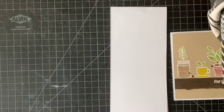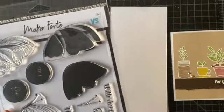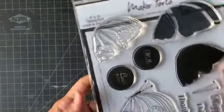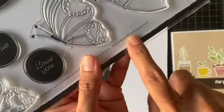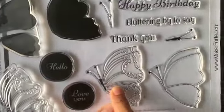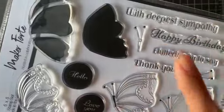The next stamp set is another fun one. I have 3 stamp sets and 3 stencils in this release. The second stamp set is called Build a Butterfly with Sentiments. There is another version of this with different butterfly images that will come a little later, but for this first one,